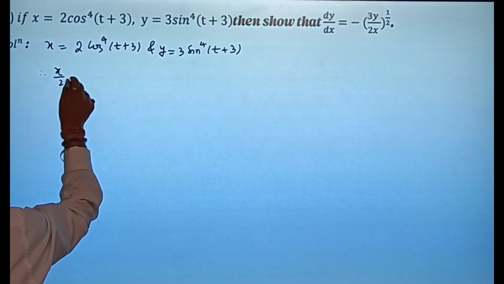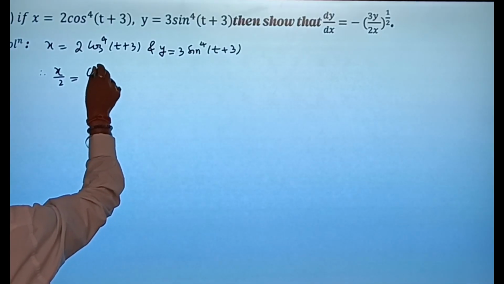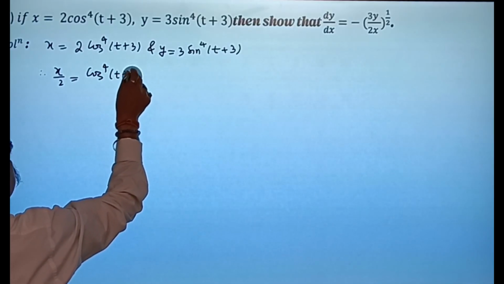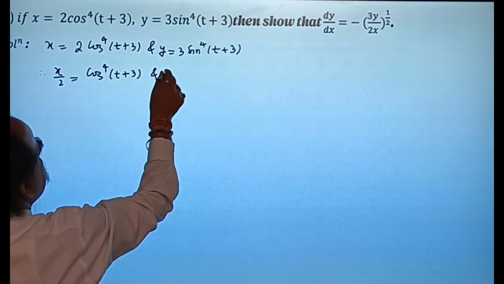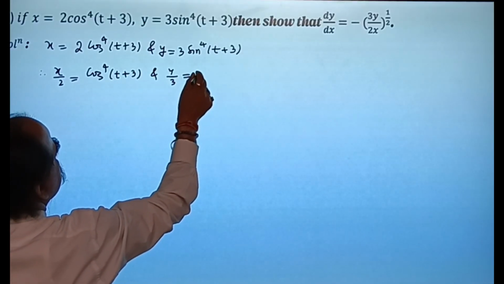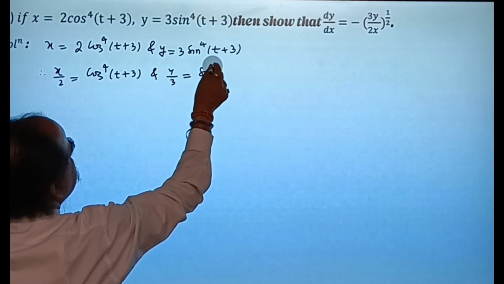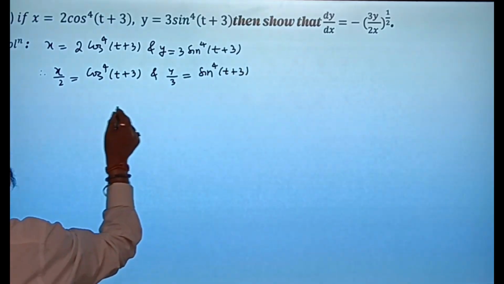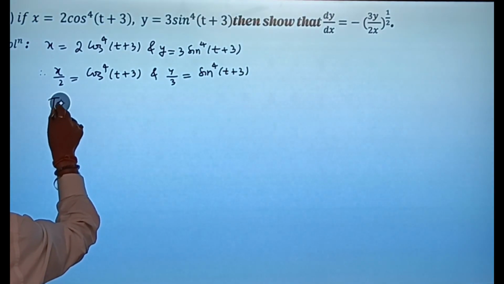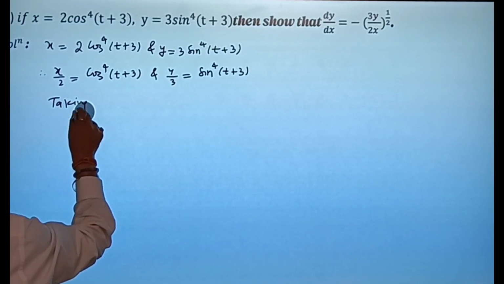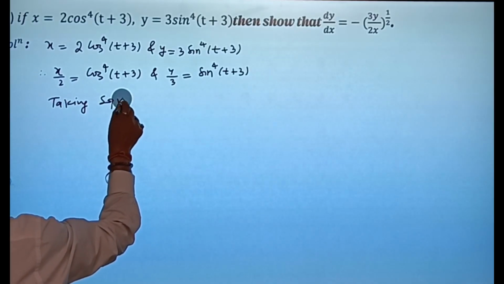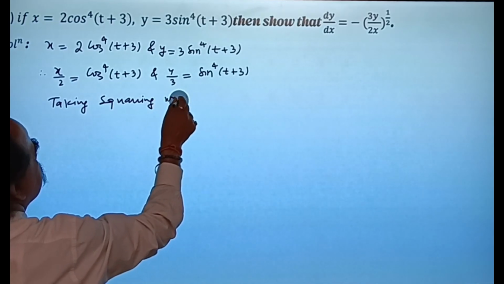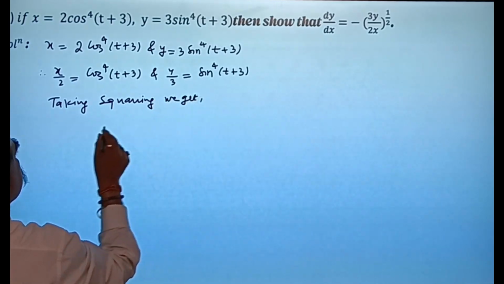So x upon 2 is cos raised to 4t plus 3 and y upon 3 is sin raised to 4t plus 3. Taking a square root, we get